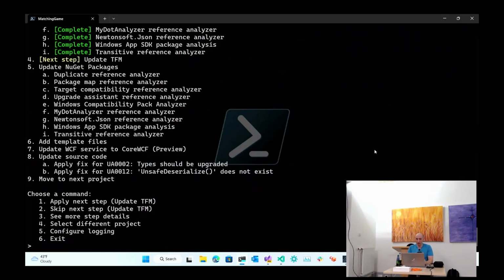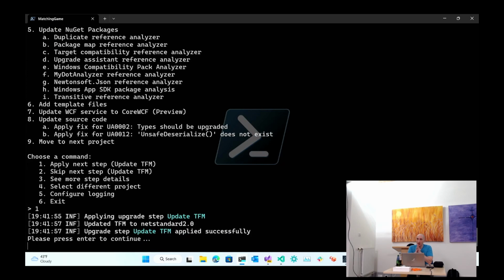And then the next step, which is probably the most important part, is going to update the TFM. And remember, the TFM is our Target Framework Moniker. So it says update TFM to .NET Standard 2.0. But I thought I was going to upgrade this project to .NET 7. The reason it does .NET Standard is because this project is being called from a .NET Framework application. So I'm not going to make it .NET 7 because that'll break everything. So we're going to do .NET Standard. So it's intelligent enough to recognize the context of the solution.